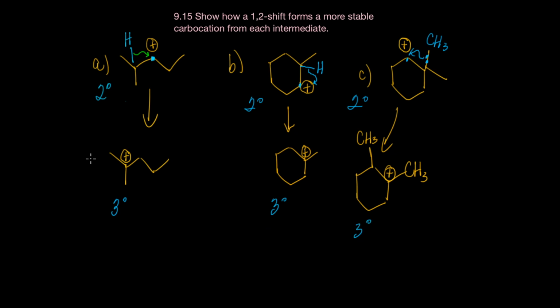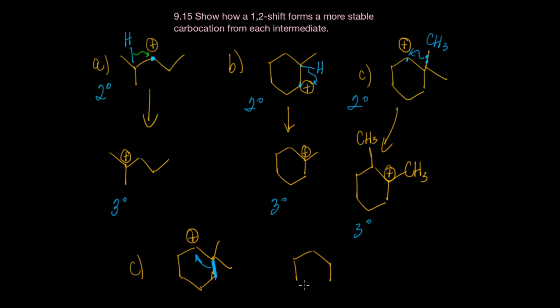I don't think the authors envisioned us thinking about this, but one other possibility for C is to take, again, our carbocation, which is secondary, and we'll draw a methyl group and a methyl group coming off that carbon. Now, carbocations can rearrange by hydride shifts like in A and B, or by alkyl shifts like we saw in C. Now, what we can envision happening here is that this bond right here might actually migrate over, and what that would give us is